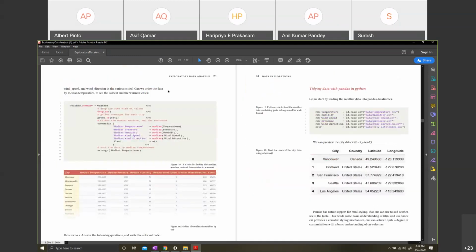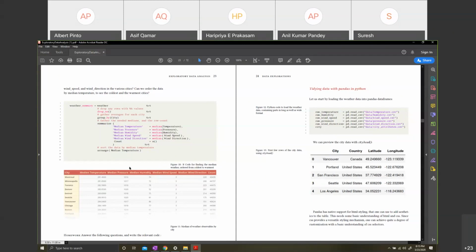We have data. And now what can we do? Once data is in a tidy format, I want to give an illustration of how easy it is to do things like this. Now what I'm going to do is find the median temperature, median pressure, humidity, wind speed, wind direction. All of these I'm going to find for every single city. Every city has lots of readings across different days. I'm going to take the median of all of these values and show it as a table, because I want to know in general, is Chicago cooler or warmer than, let's say, some city in Florida, Orlando, let's say.